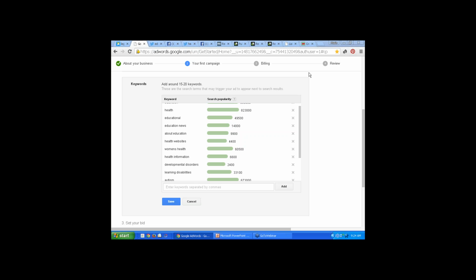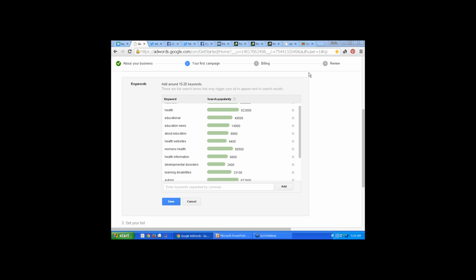So it's going to go ahead and load the keywords here. I'm going to give it a minute. We can see that there are educational websites, educational sites, and we can look and see, well, maybe that's not quite what we're after. So we can say, okay, well, within education, we can say special education, which is in Google.